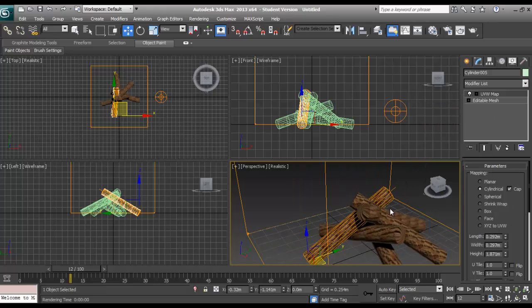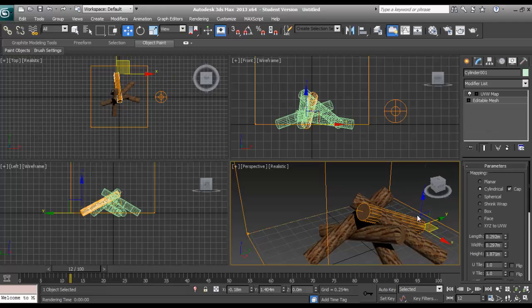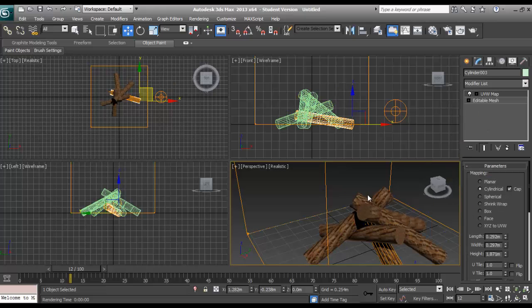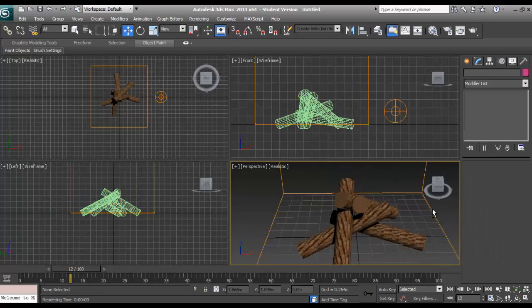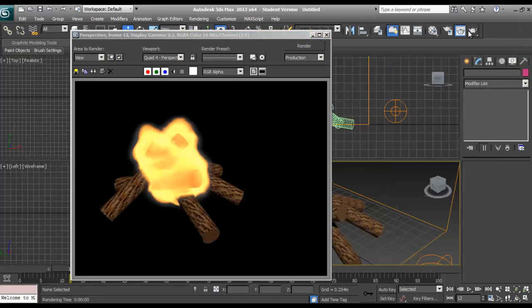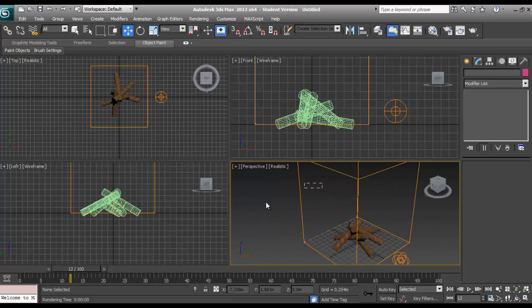So I'm just going to copy. You don't have to do this, by the way. This is just me wanting to be aesthetically pleasing. If you're really into this, you can... There we go, we got them all. You can add burnt textures to the ends. There we go, looking fine and dandy. Now let's sim up this